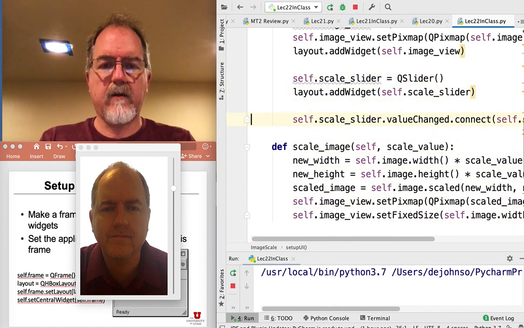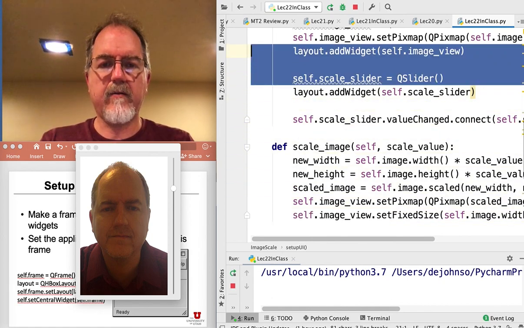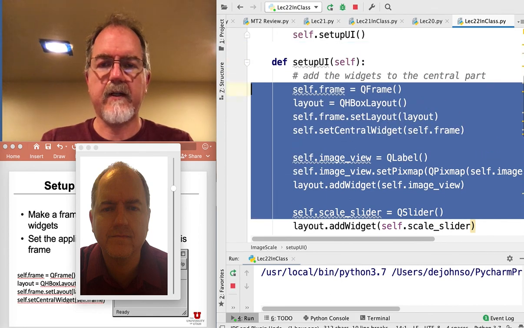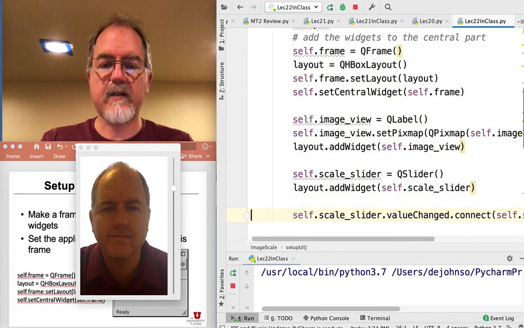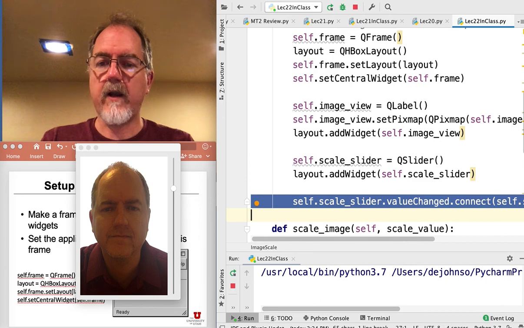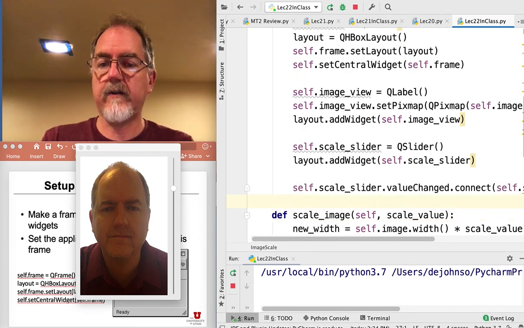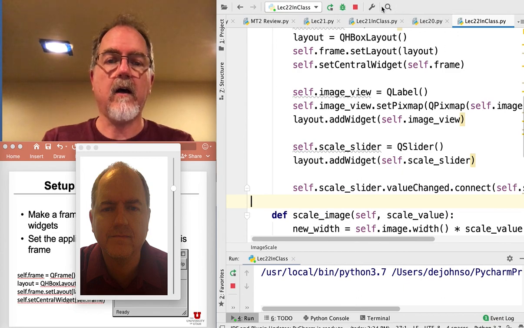So all this part up here, I missed one, is setting up the widgets and how they're arranged on the screen. This last part then sets up what happens when the interface is used. And so again, typically we have a whole bunch of these things. If you type something in a text box, it triggers something that captures your name and stores it somewhere or something like that. Okay,